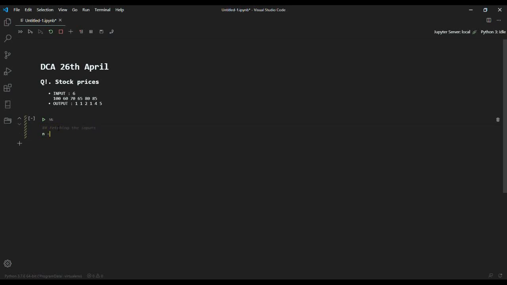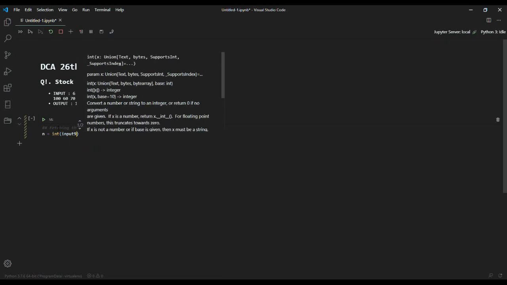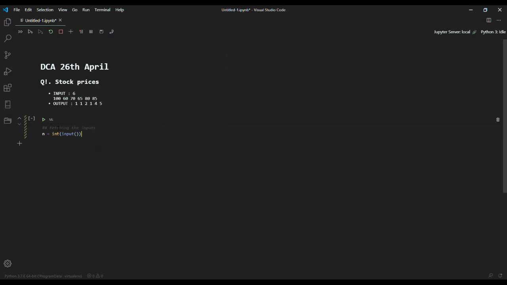Let's start with fetching the inputs. We'll get the input as an integer first, and store it in a normal variable n. One thing to notice is that you don't have to use big and large variables and those kinds of things, because your program is basically just clearing test cases. So use smaller variables, it'll be easier for you to finish. If you're a good coder and you have lots of practice, you can do whatever you're comfortable with.